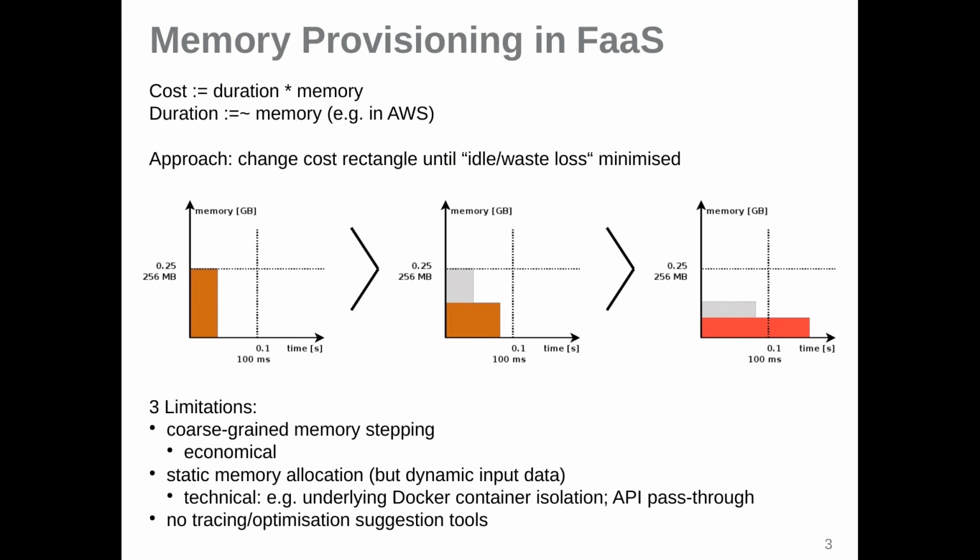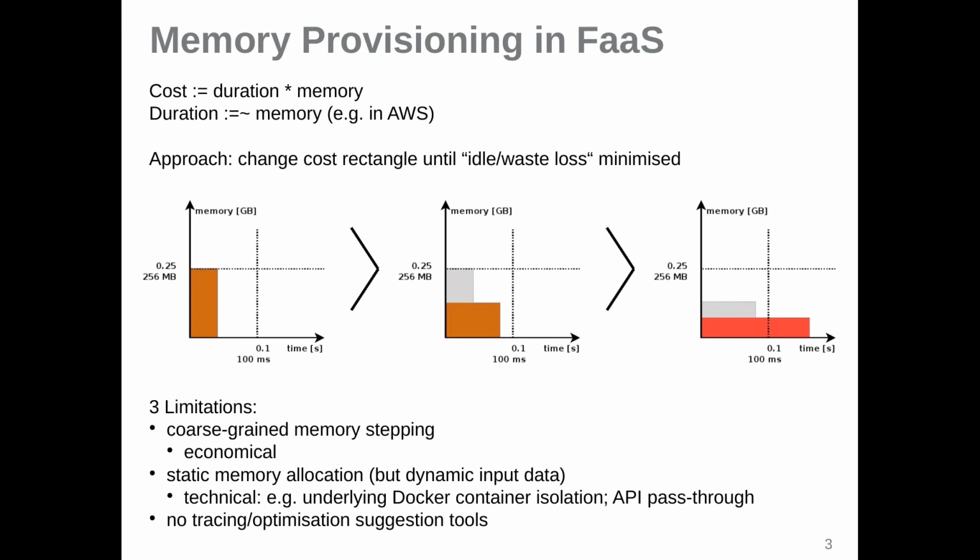So in order to reduce the waste, we could look at three potential limitations to overcome. The first one is an economic one. Currently, most cloud providers only offer coarse-grained memory steppings. There is no inherent technical reason for that. Therefore, we can look at reducing the stepping size. The second one is overcoming the static memory allocation, which in some isolation technologies such as Docker